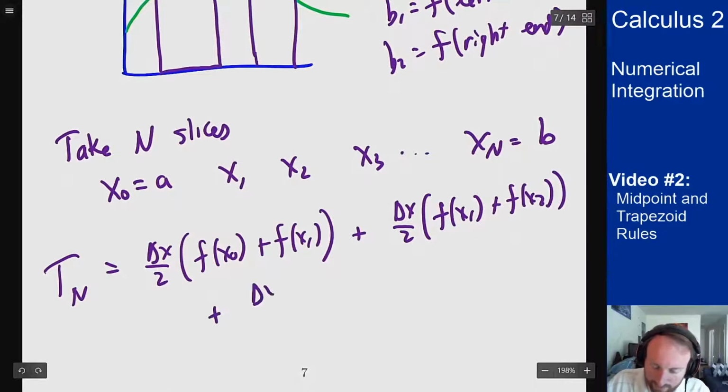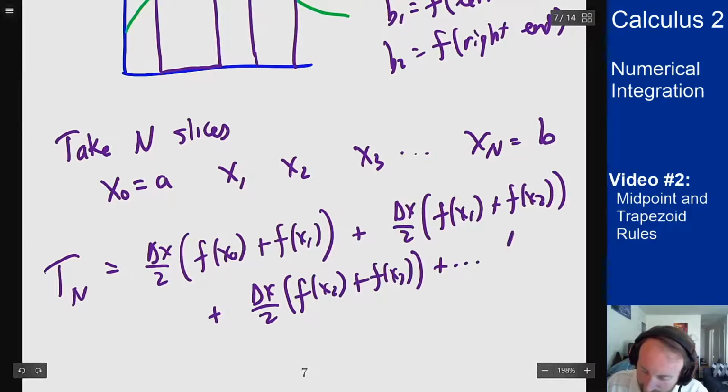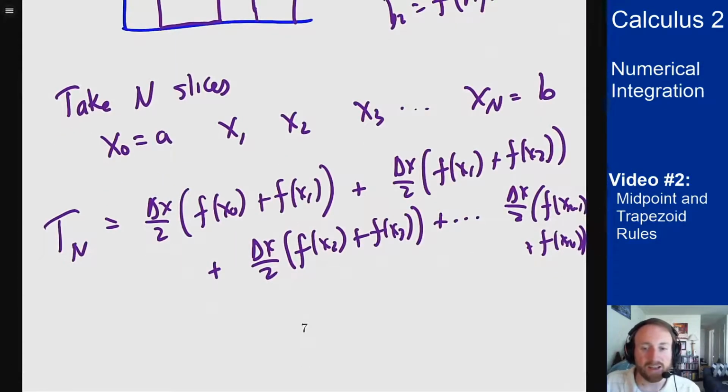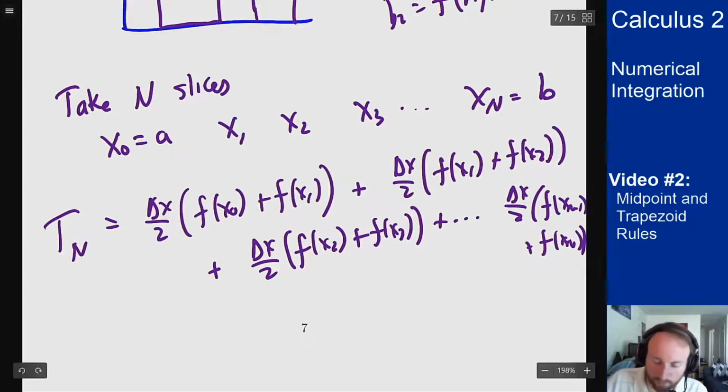The third, delta x over 2, f of x2 plus f of x3, and the pattern keeps going up until delta x over 2, f of x n minus 1 plus f of x n. And if you look at this, you'll see that every term that I have shows up twice, once as a right end and once as a left end, except the far left and far right endpoints. So this only shows up once, this only shows up once, but everything else shows up twice,